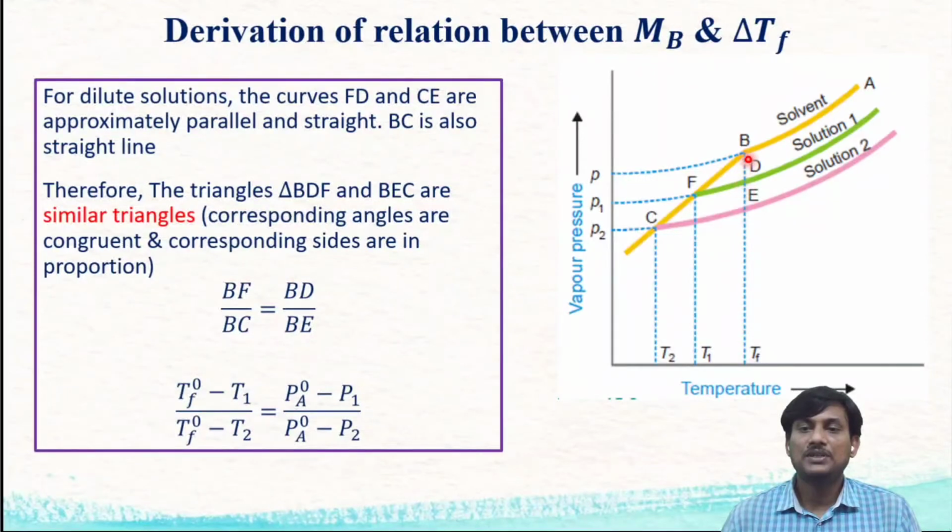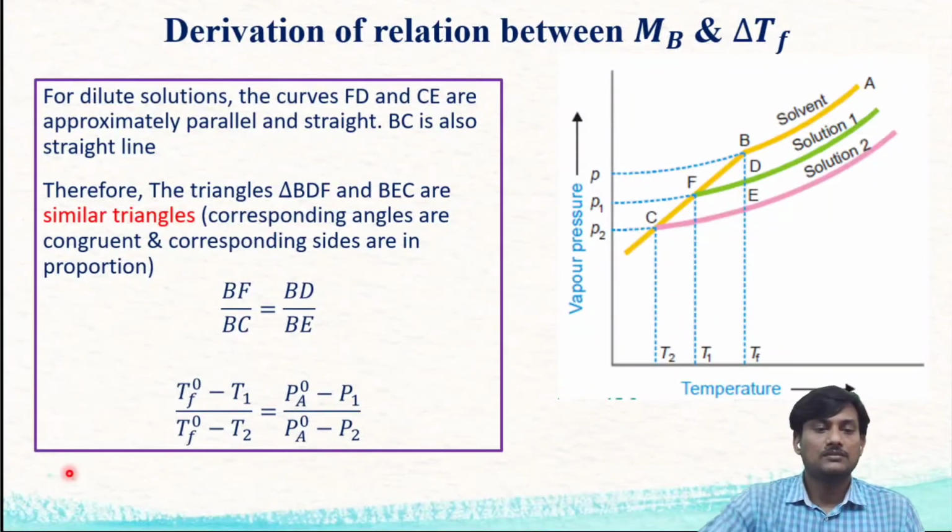BE is the difference between P2 and P. So from this graph, BF by BC is equal to TF naught minus T1 by TF naught minus T2. BD by BE is equal to PA naught minus P1 by PA naught minus P2. So from this, you can